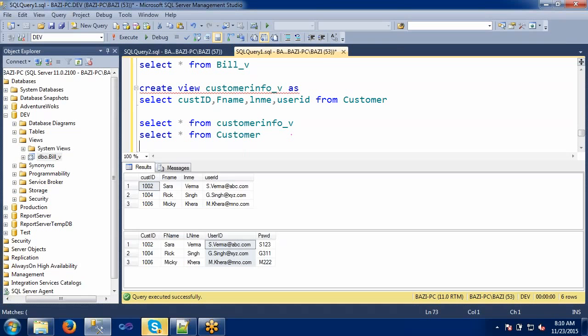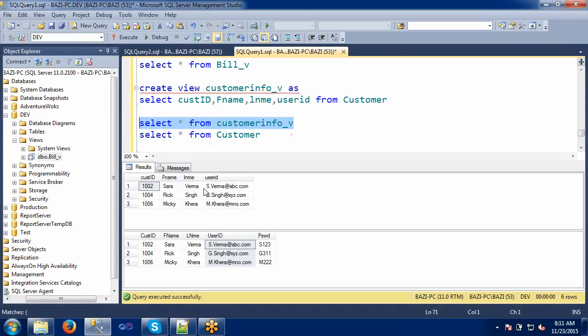Sir, what do you mean to say from this? I mean, from select star from customer info view and from customer, when I execute the first query it displays these four records, right? When I select star from customer, it also displays the same.